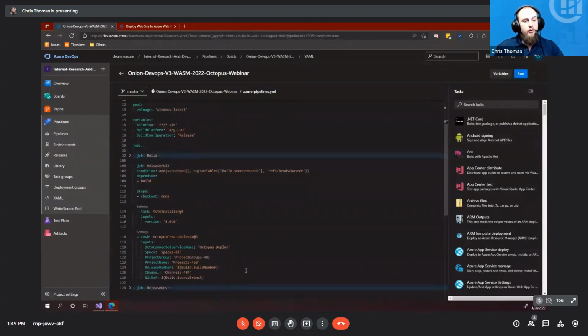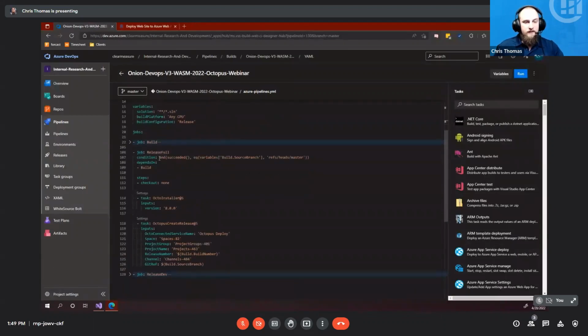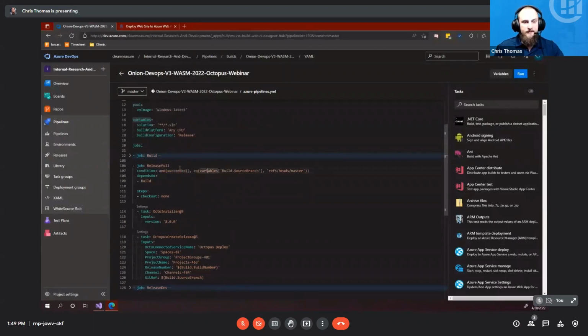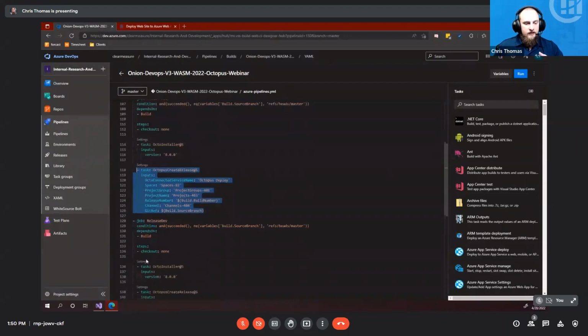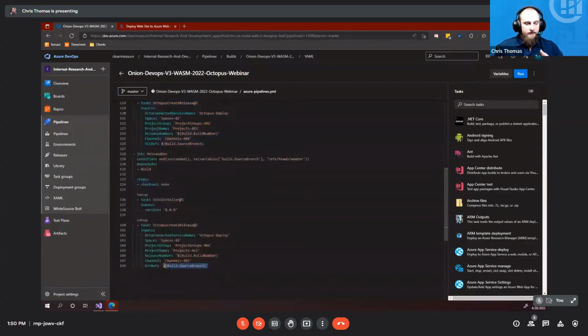The only real difference between the two is we have a condition on the build succeeding, and we're checking if our source branch is the master. If it's the master branch, then we're going to deploy, and this is all set up to our full channel deployments. Whereas our release dev, the channel defined here, is going to be our dev only channel, where it only deploys to our dev and test environments,